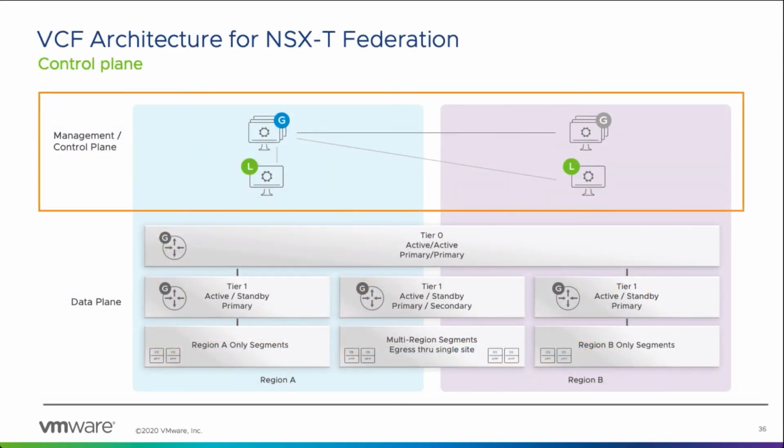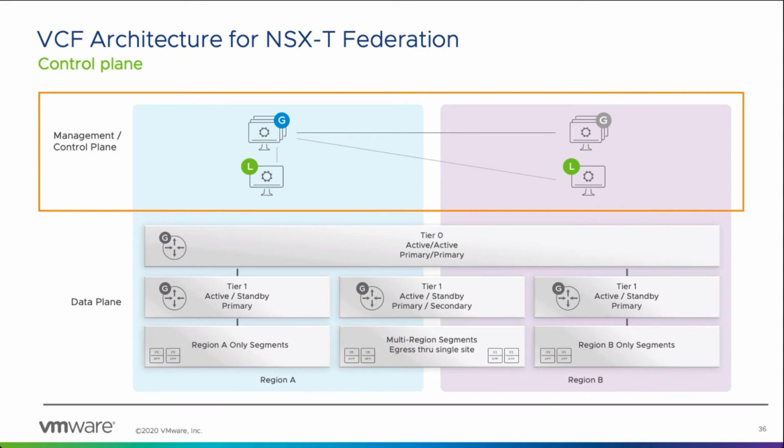Now here's a detailed view of the control plane architecture for NSX-T Federation with Cloud Foundation. The VVD guidance for manual deployment of NSX-T Federation with Cloud Foundation 4.2 describes a dual region deployment. In this architecture, the control plane has an active-passive architecture. Here you can see a 3-node primary global manager cluster deployed into region A and a 3-node standby cluster deployed